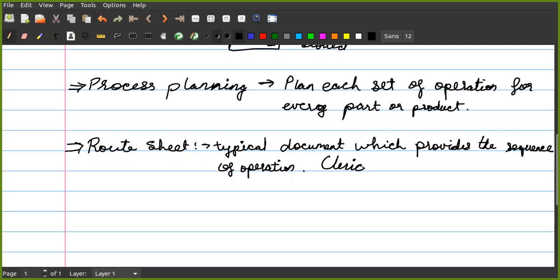All this clerical work needs to be done on a sheet of paper. If you have a set of operations that needs to be performed, you need to perform them in a set sequence. Now all this is a part of your work assembly or an individual part. Then you need to have the set of operations. You need to know the set of machine tools that are going to be required.